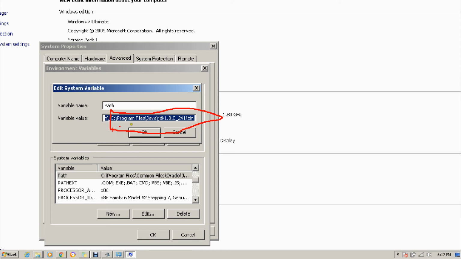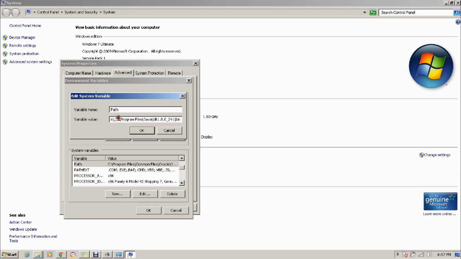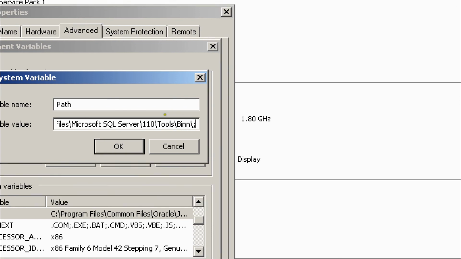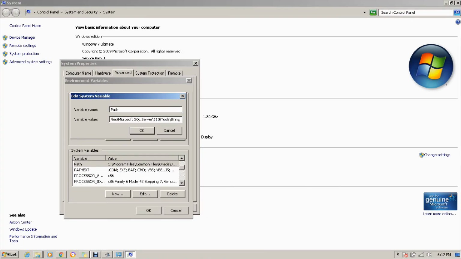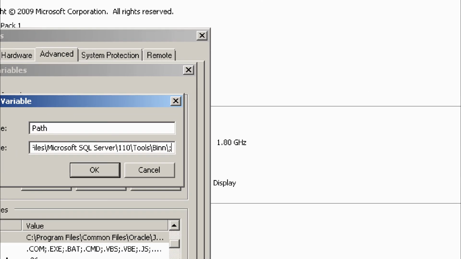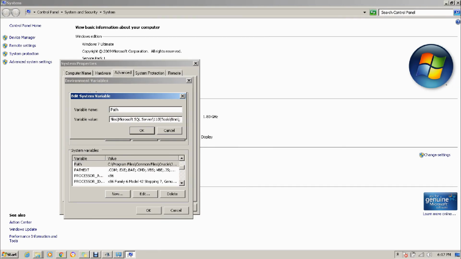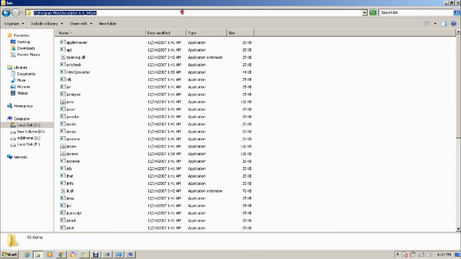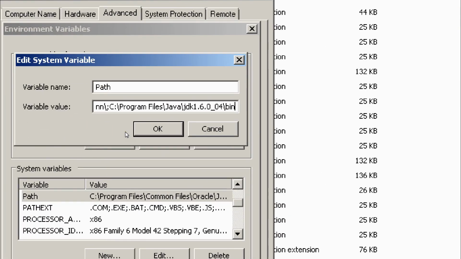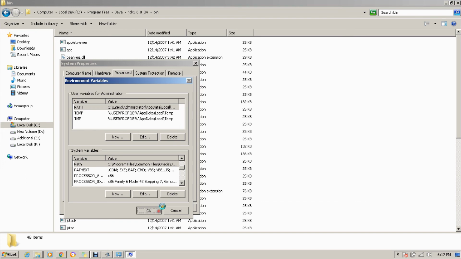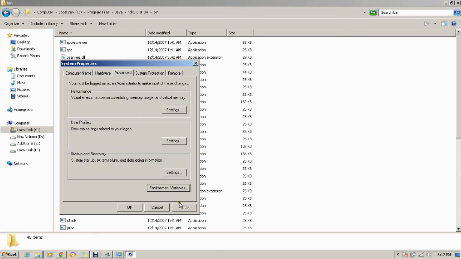Otherwise, if you are coming here for the first time, and this address would not be there, let's suppose it would be like this. So what you need to do, you have to put a semicolon at the end, so that this semicolon will indicate that the statement is terminated, and now I'm writing the new statement, and paste the path which you have copied. If you haven't copied, just right click, copy, get back there, and come here and paste. You can see that I pasted it. And once this is set,